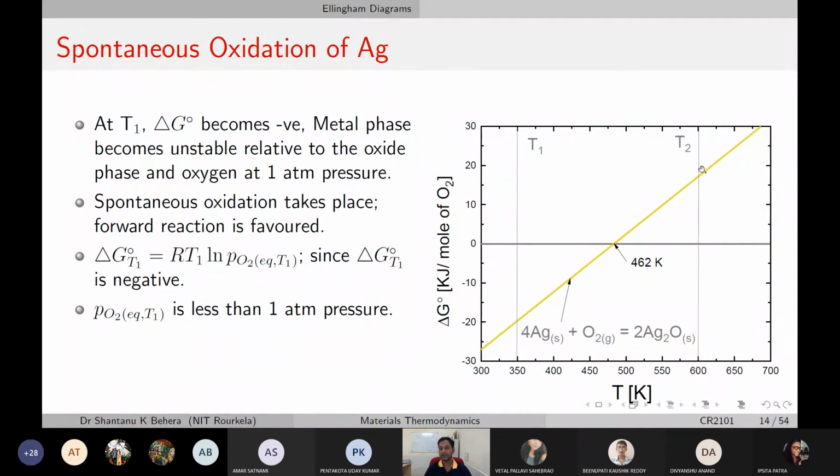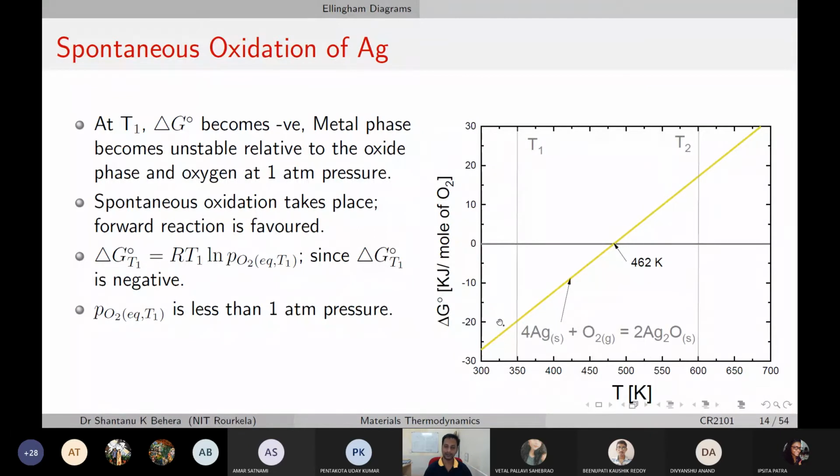and how these temperatures are different is that for the equilibrium temperature at 1 atmosphere, which is 462, T1 is much lower than that, and T2 is much higher than that. That perhaps would give you contrasting features of equilibrium, and that's what we're going to see. What it says is at T1, del G becomes more negative. If you look at this T1, we're looking at this region. Now in this region, del G is plotted here, and this curve is a curve of interest,